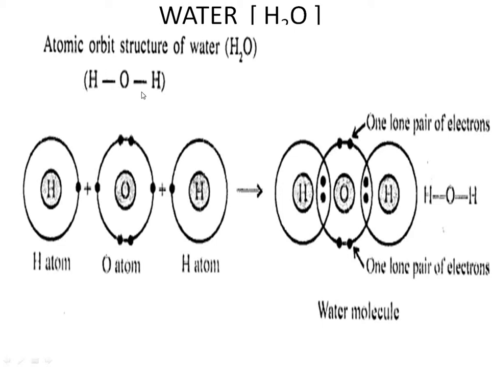Sorry, hydrogen is 1, and the other side also hydrogen is 1, but oxygen is 2. One bonding here, the other side. To form a bond, we need a pair of electrons. This is the pair of electrons which is needed to form a single bond here. And the same way here also, a pair of electrons, not a pair of bonds, to form a single covalent bond. So this is how.